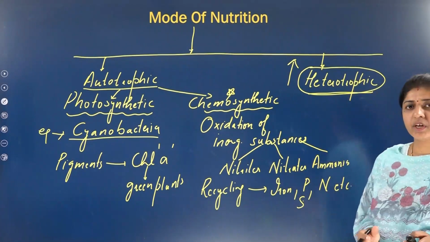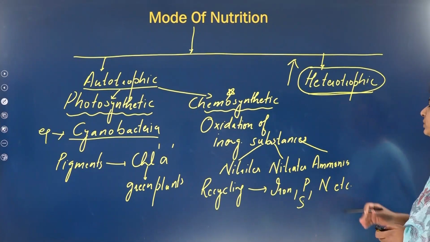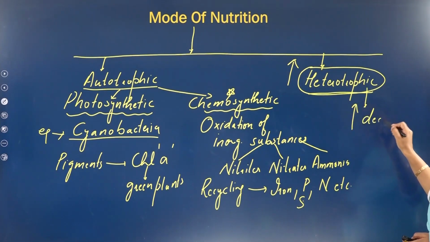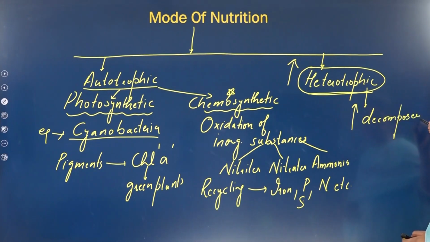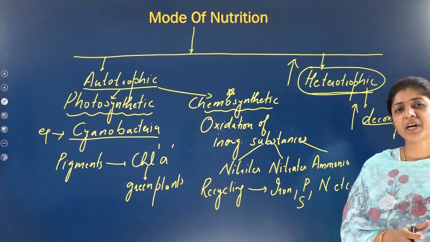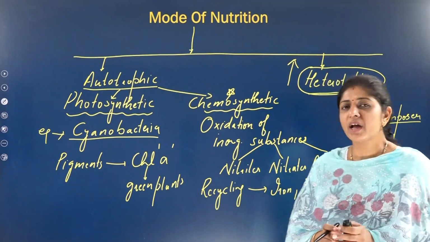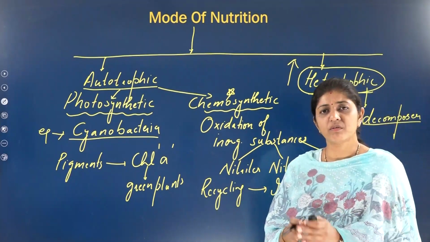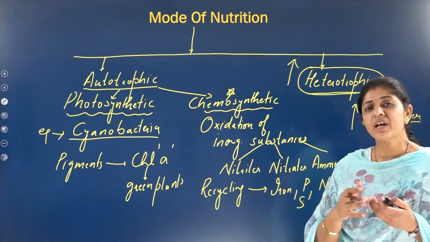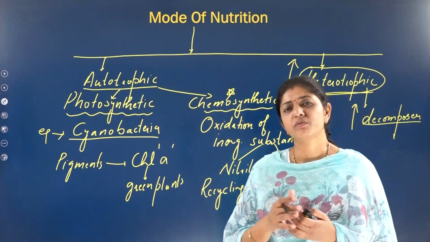Now coming to the heterotrophic, which is the most common mode of nutrition among the eubacteria. So under the heterotrophic mode of nutrition, the most common will be the decomposers. Direct line from your NCERT, right? As for the decomposers, you know that they depend upon dead decaying matter, meaning they are converting the organic substances into inorganic. Right? So heterotrophs, for example the decomposers, will not manufacture their food. But do remember the heterotrophs have a variety of roles in the case of plants, animals, or other organisms.